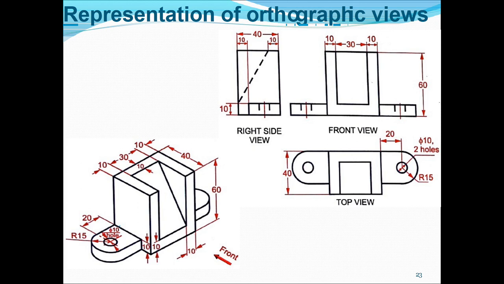This is one important problem. See this very carefully. Now see here we have one box, and inside that box we have the slant line, and on either side of the box I will have this particular circle and the projection. Now I will be drawing the front view here. How will I draw the front view? I am able to see this portion, so I will draw this portion. I am able to see the center portion, I will draw the center portion, and I am able to see this portion, I will draw this portion. So the front view of the object will look like this.